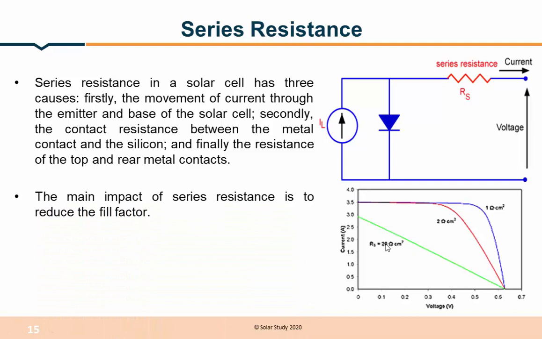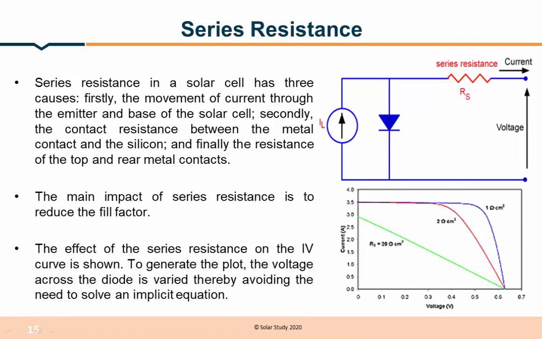Then when series resistance increases, our open circuit voltage will start decreasing. That will impact the fill factor. So the effect of series resistance is to slow down my IV curve. The slope of the VOC will change. When it reaches the maximum resistance, I will get a straight line with the maximum decrease in the VOC slope and a very much lower short circuit current.